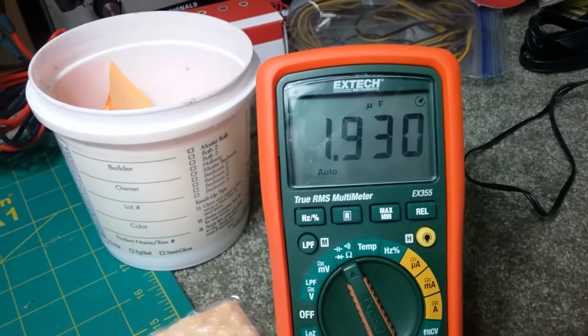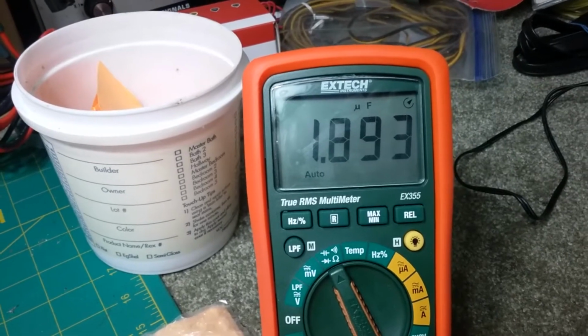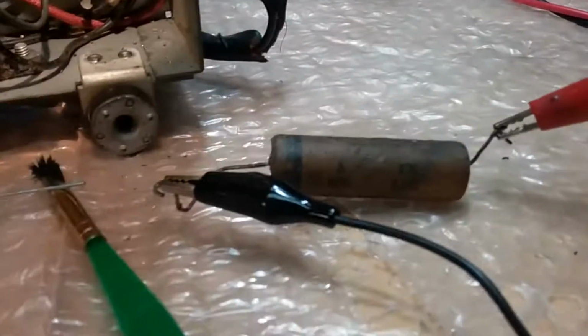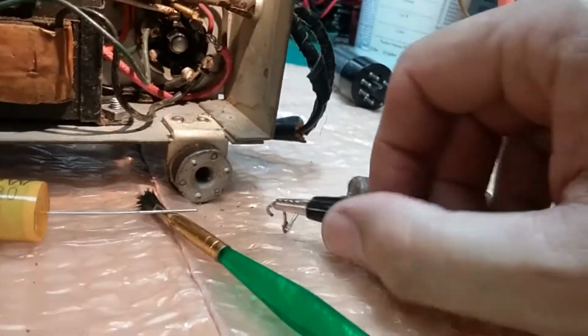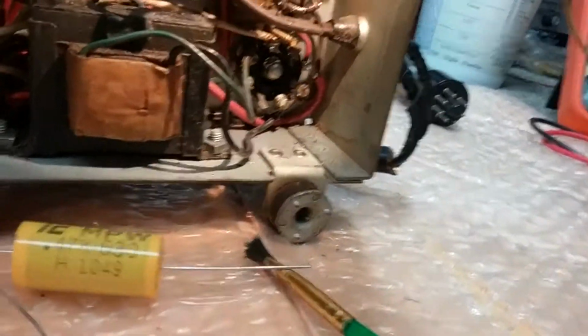It's reading 1.9 meg, or almost 2 meg, and of course it's leaking DC, so it's going all over the place. But 1.9 meg. It's supposed to be 0.5. It's 4 times its rated value. That's why they got to be changed. Not only is it way out of tolerance, 4 times its value, but it's also